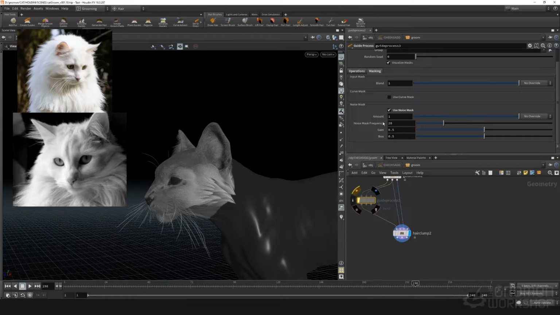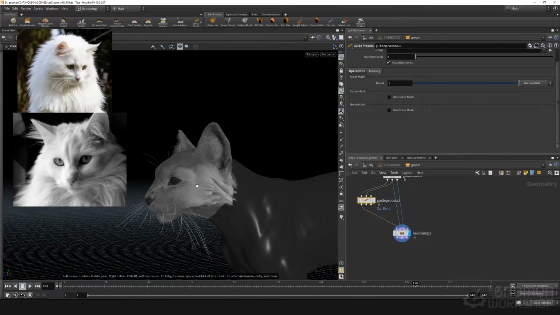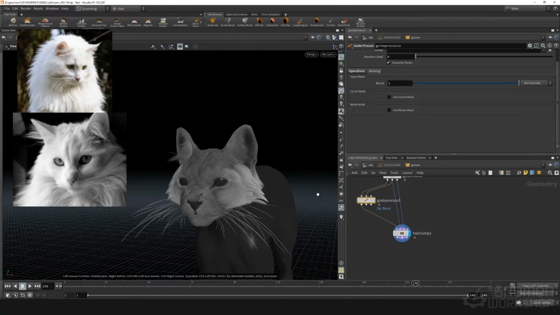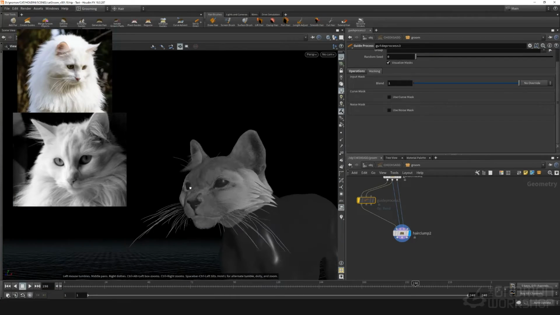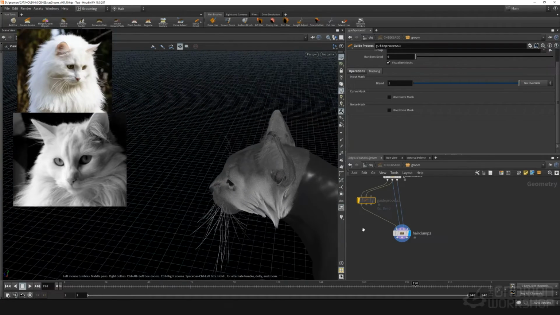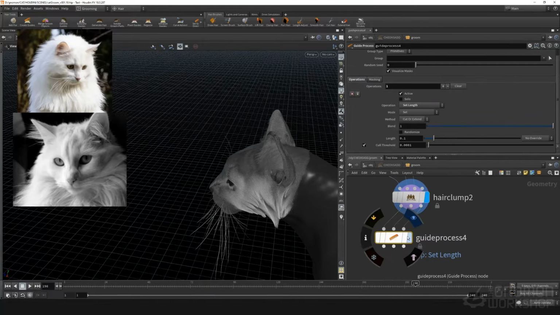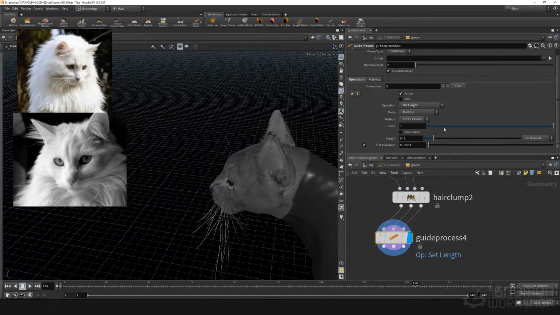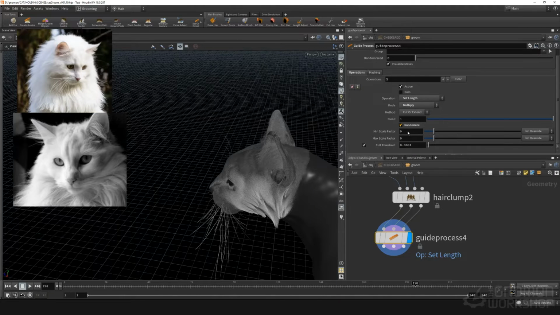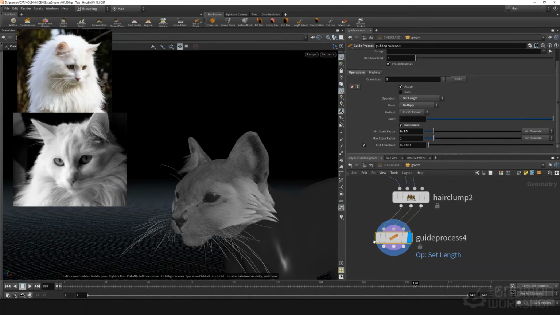I will try to reduce the bend a little bit with a noise mask, but it still destroys the silhouette quite visibly. So I really prefer this version where the clumps are very straight. Now I will try to give it a more realistic